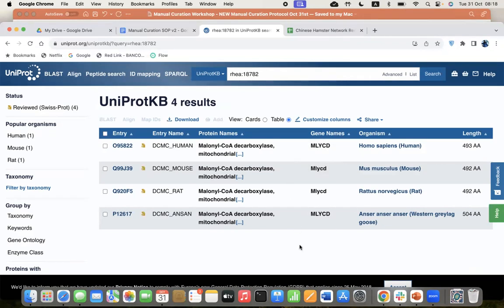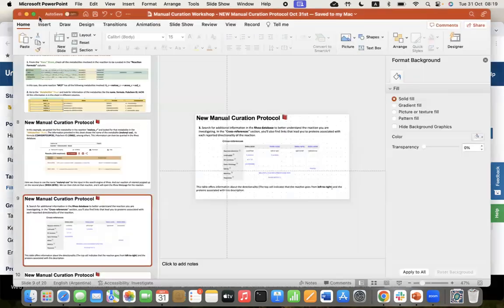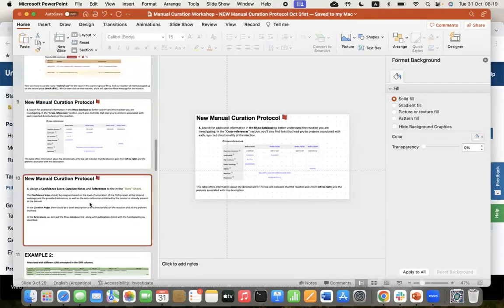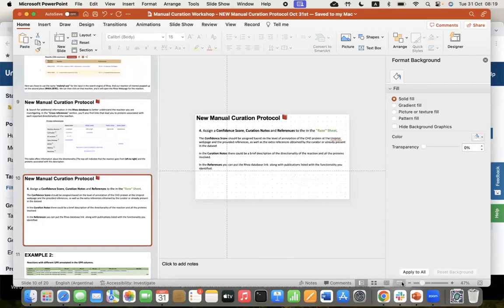It is important to notice that, again, not all the time will you find Chinese hamster proteins here, and that's okay. It's not because there is no Chinese hamster protein associated to this reaction, but rather because there is a lack of annotation here. So when you compute the final confidence score,